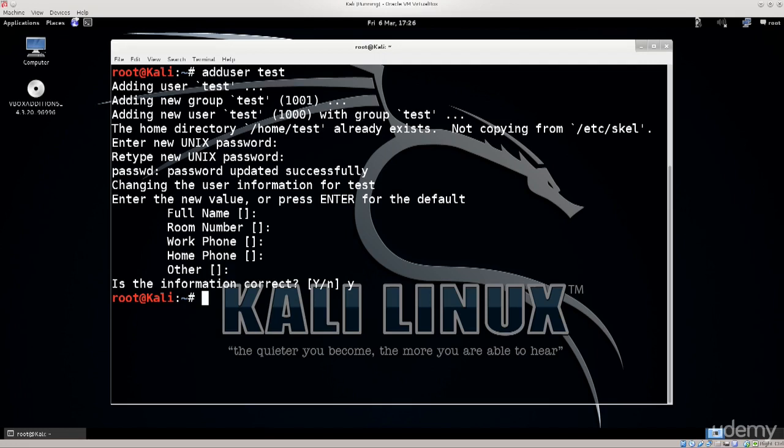So just when you know exactly what you're doing and where you are getting it from, and when you have verification of the source, then you can use it as root, but otherwise do not browse the internet as a root user.